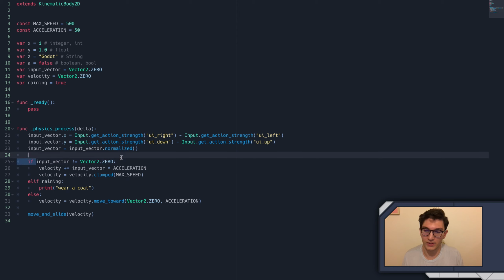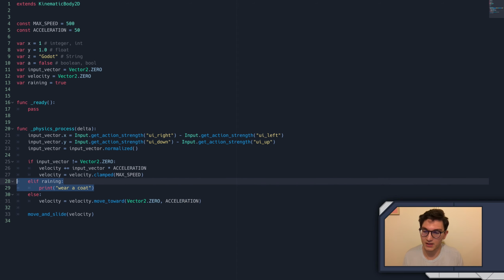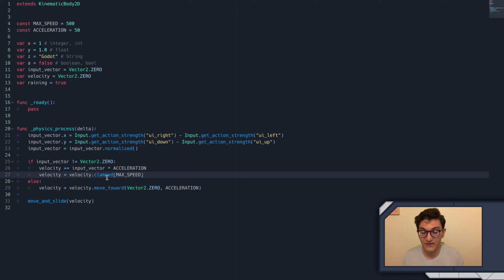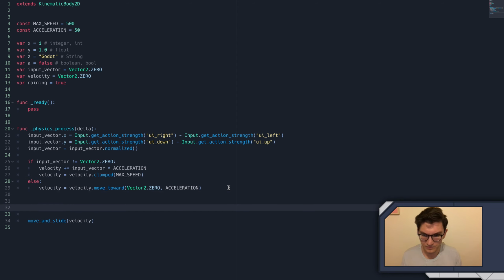This covers one possible situation, then this would cover situation number 2, and this would cover all situations that we didn't specifically cover right up here. And that's basically how you use if, elif, and else. The final thing I want to cover today is just another simple thing about if statements, and that is the